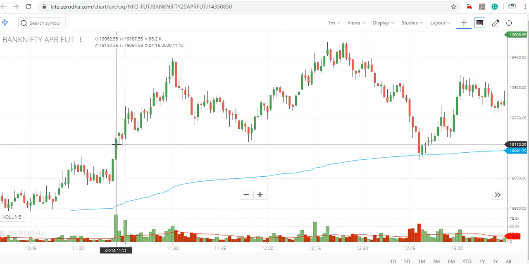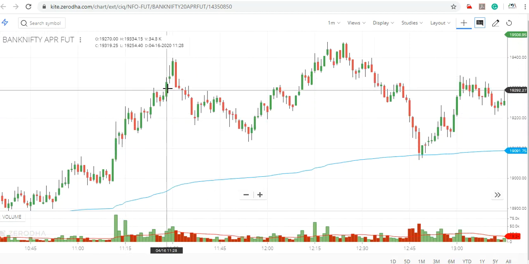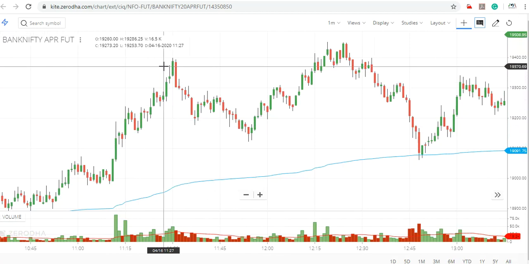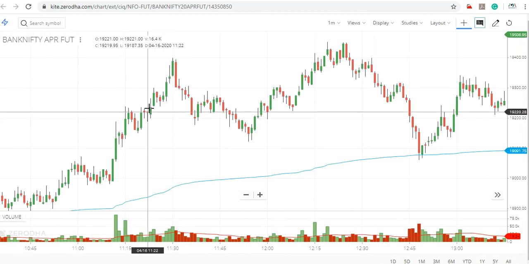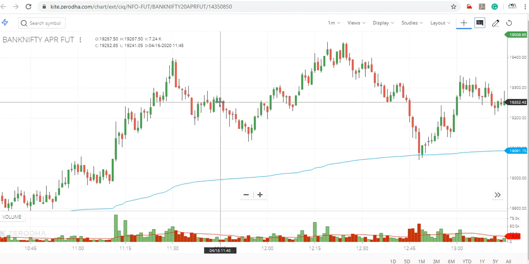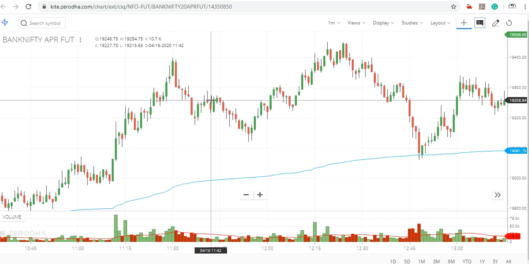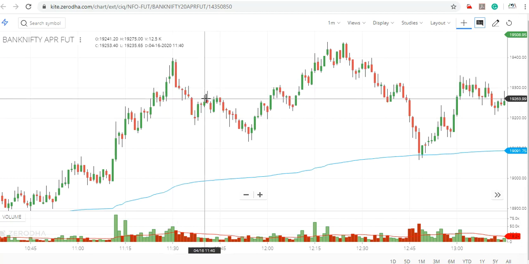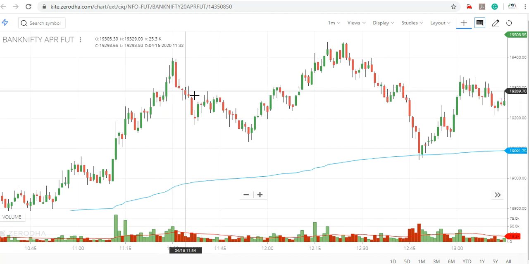You can see if any trades are there. You can see there is one trade, but this is not the highest. The high is broken, so it is not valid. Okay, keep on checking for the trades. Okay, here also there is one trade. Okay, but it is not the highest. If it is nearest to the high, you can trade.